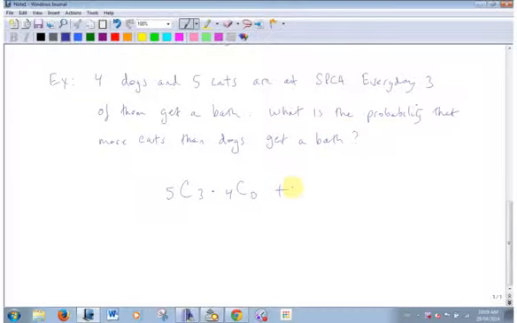But I need to add to that another possibility here. I could have, of the 5 cats, I'm going to choose 2 of them. And of the 4 dogs, then, I'm going to need 1 of them, because I'm bathing 3 animals. So we've done this before, right? And there's no other possibilities, right? Okay, so those are my favorable outcomes. I've got to add them together. What is the total possible? How many animals do I have? I got 9. And every day I'm going to choose 3 of them for a bath.